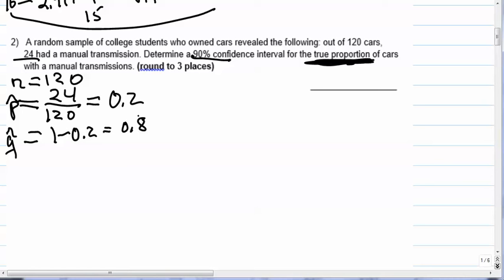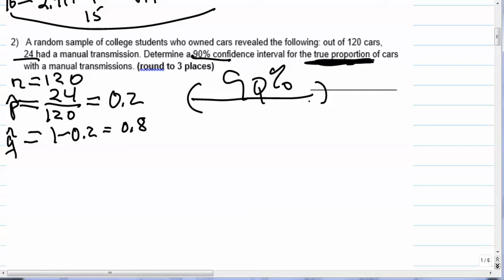So 20% of our students in the sample had manual transmission, 80% did not. And we're trying to find a confidence interval where we are 90% confident that the true proportion of students that own a manual transmission car is in this